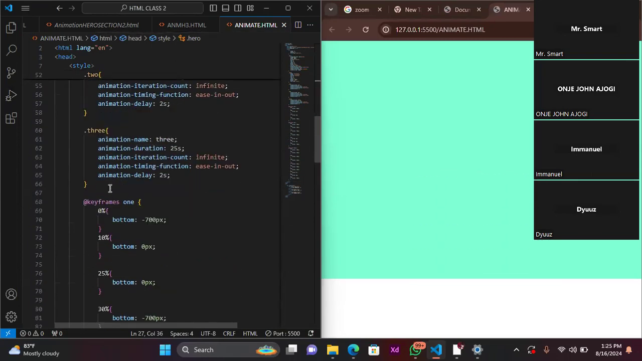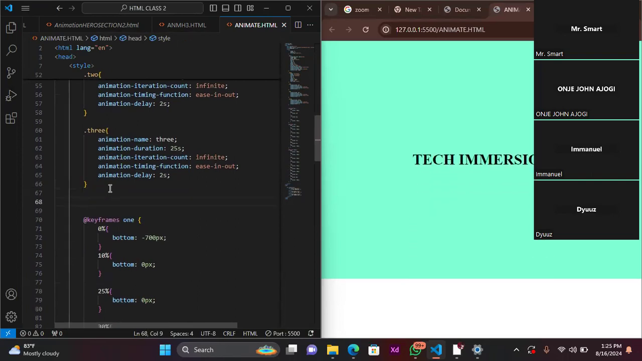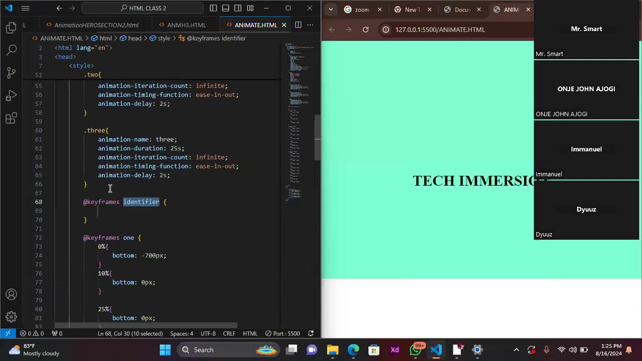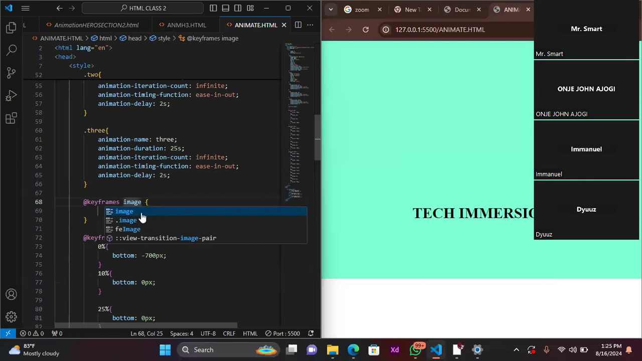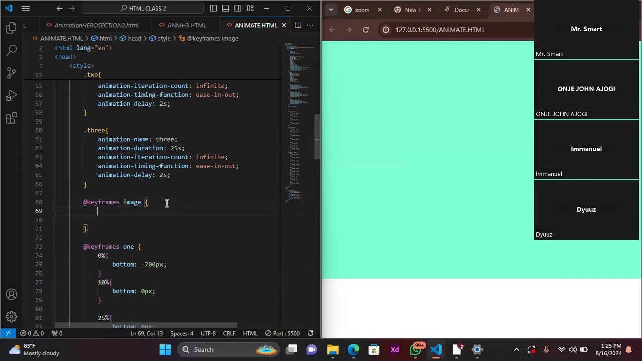Now I'll go to my keyframes, before my dot one styling, and bring in my background image keyframes. The name of my keyframe now is image. So I'm going to say that at 0%,